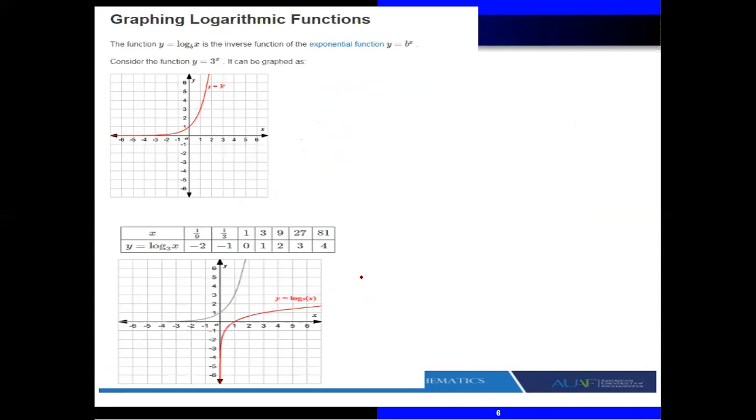So how can we draw the graph? If we draw the graph of exponential function, y equals b power x, when you put x equal to 0, what is the y value? The y value will be 1. It means this graph will pass through the point 0, 1. You can give plus values or minus values, but you always receive positive values, not negative values. This one is the graph of exponential function.